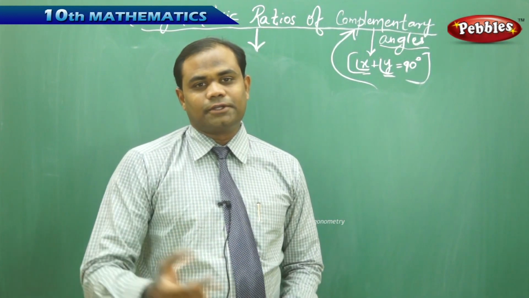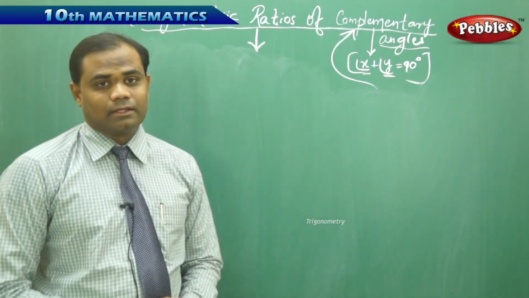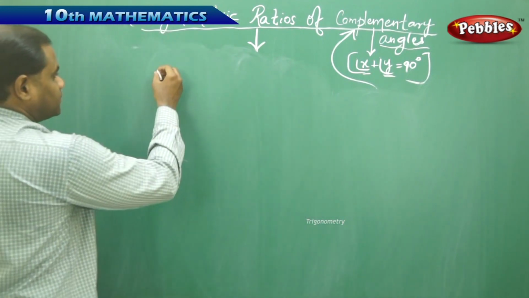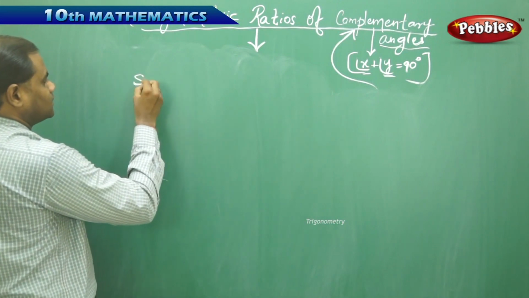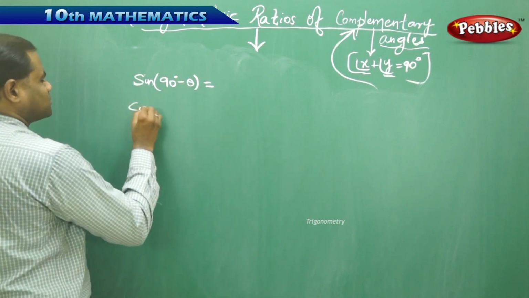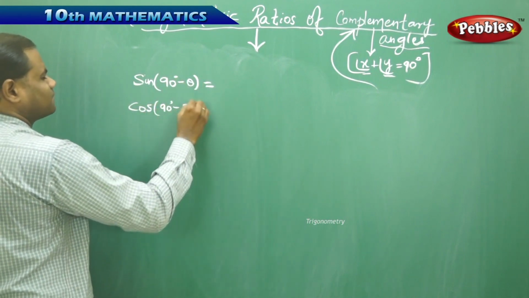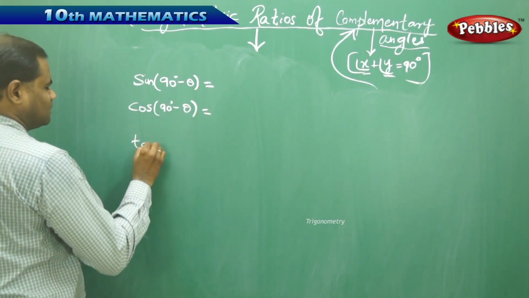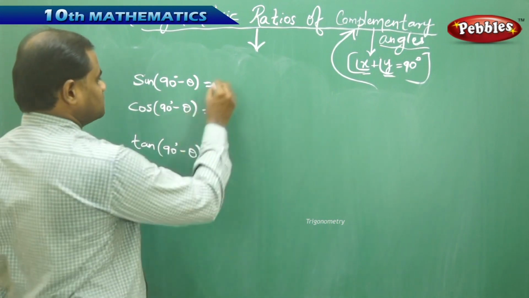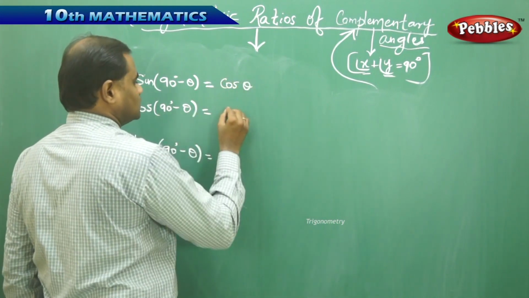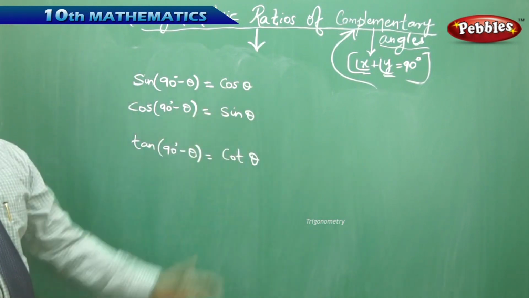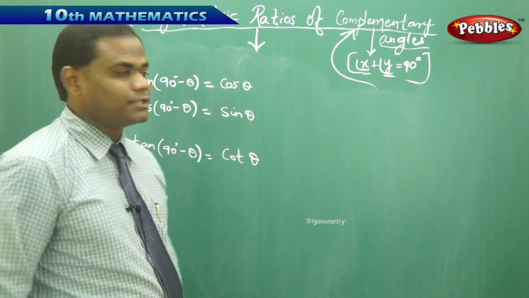Now let's find the other three trigonometric ratios connected with complementary angles, that is cosecant, secant and cot. Initially, the three basic formulae which we have identified are sine 90 minus theta, cos 90 minus theta, and tan 90 minus theta, which are the three formulae we have obtained, this being cos, this being sine, and this being cot. Now these three will help us in obtaining the reverse trigonometric ratios.